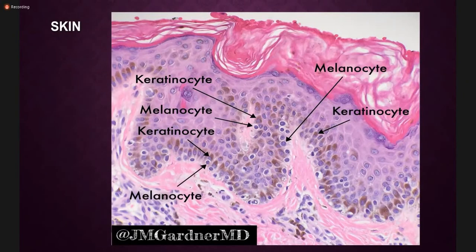So these melanocytes synthesize melanin and transfer this melanin to the keratinocytes. You can see melanocytes are basically not pigmented, but the melanin is present within the keratinocytes, giving the color or pigmentation to the keratinocytes. So these small cells present at the basal layer are the melanocytes, whereas the rest of the cells are the keratinocytes.